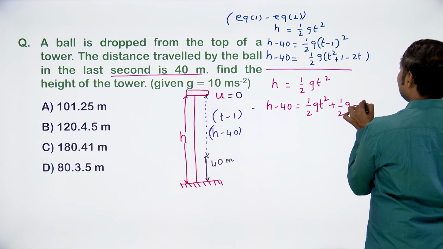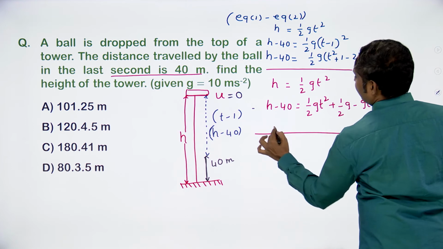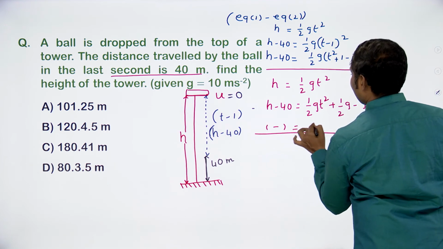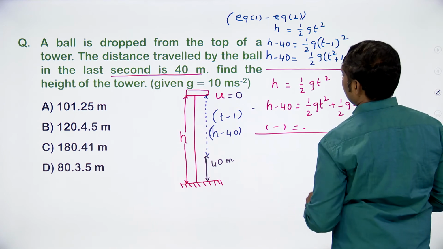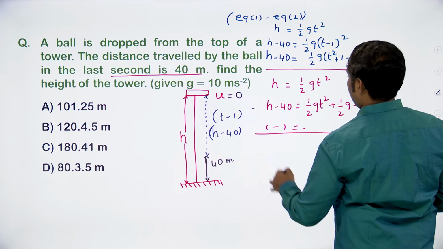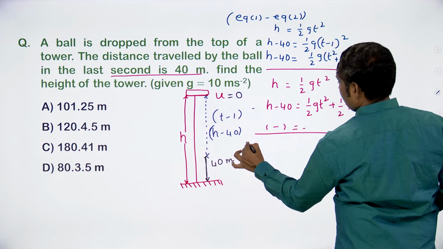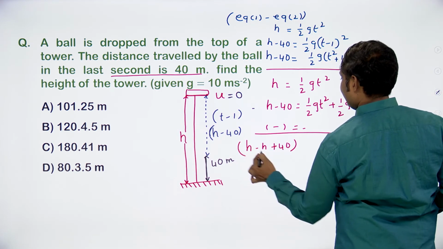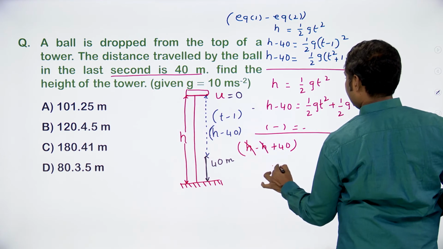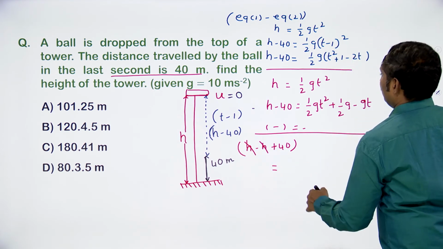minus g t, it is very clear. If you are getting that minus, we are going to get that subtraction, all right. Okay, let us have that. h minus h plus 40, you can get this one, that is equal to, you will get that